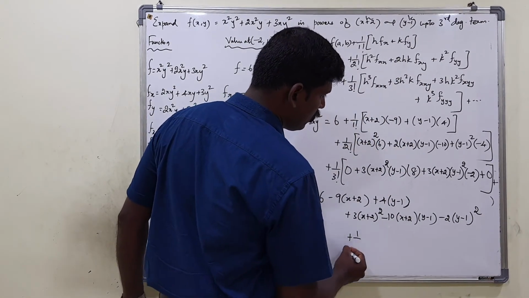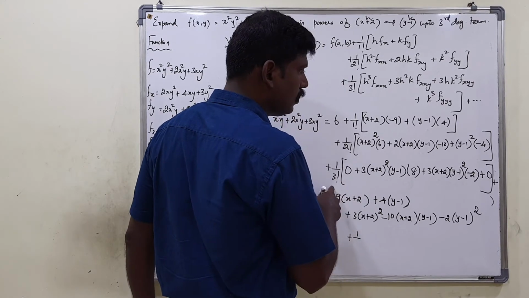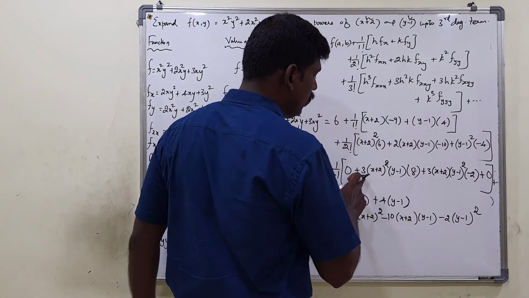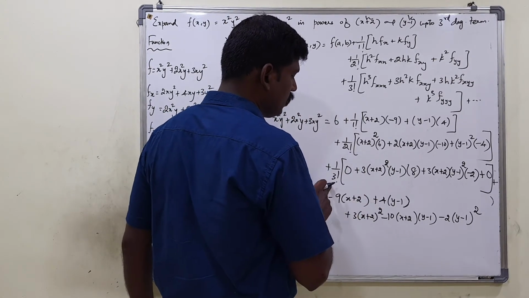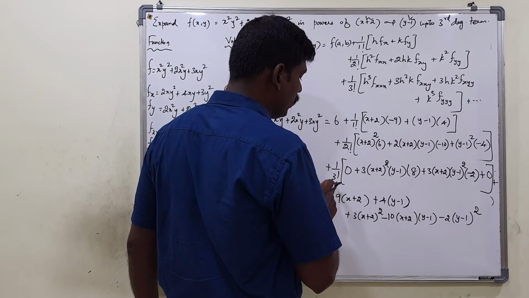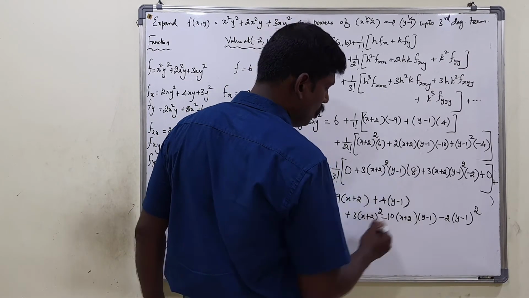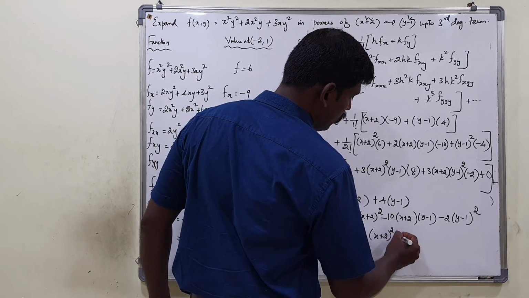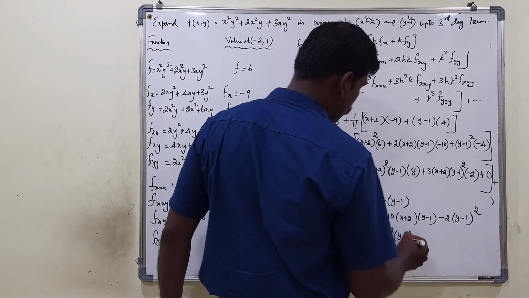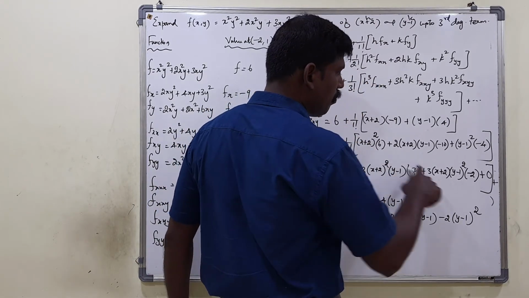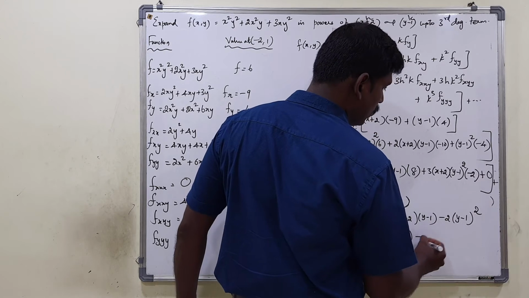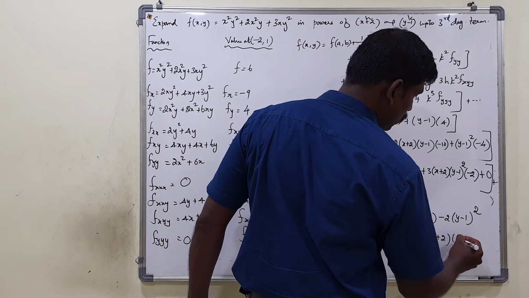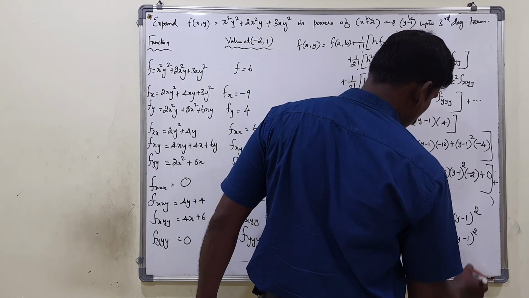plus 1 by 6, isn't it? Right? Shall we multiply it inside the bracket? So what? That 3 with 3 is cancelled with that 6, so remaining 2 is in the denominator. We can cancel that 2 with this 8, it becomes 4. So plus 4 into (x+2) the whole square into (y−1). And then 6 is here, minus 6 is here. So cancel that 6 with 6. So you will get minus 1 is remaining, (x+2) into (y−1) the whole square plus that.